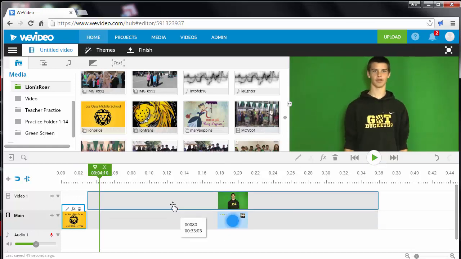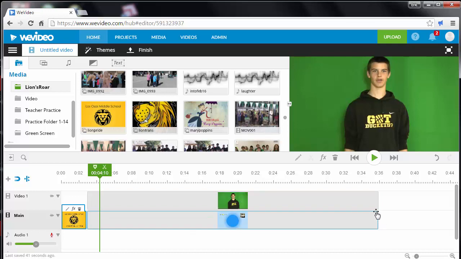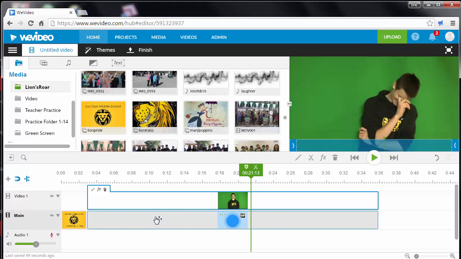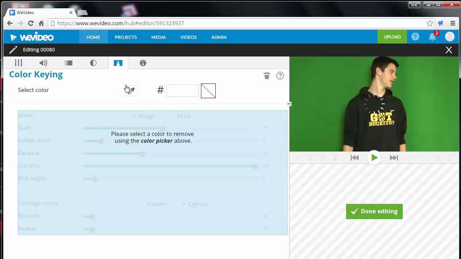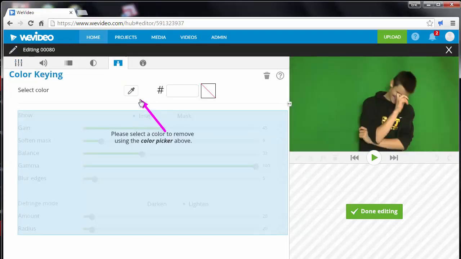So what I want to do is double click the green screen, video 1 track. I can double click it, or I can click on the pencil to edit it. Either way, double clicking it works. And color key is this icon right here, or color keying. So then what you do is you grab the eyedropper and you click on, notice there's some shadow. That's going to not be too good for our program. So you click on the green, and